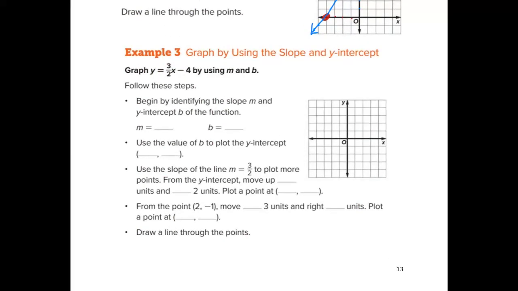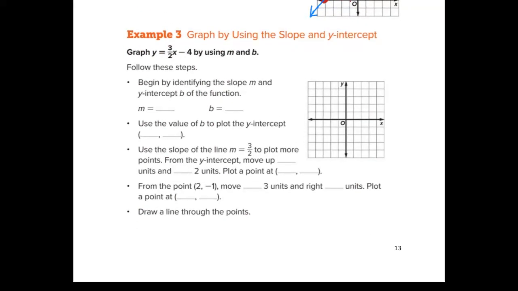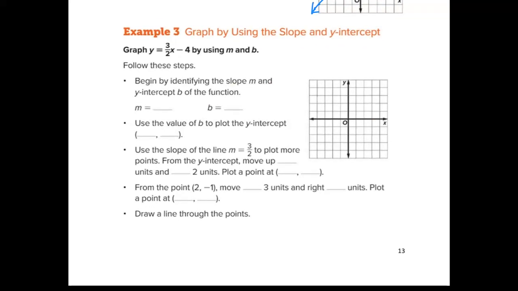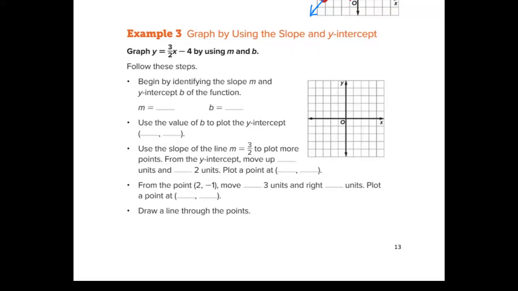Okay, let's go to the last one. This is the third method. So we've had graphing from a table, where you substitute the x in, get your y, plot the points. We had finding the x and y intercepts. So if it's x-intercept, y is 0, vice versa. Now we're looking at slope-intercept form. So this is slope-intercept form. Graph y equals 3/2 x minus 4 using m and b. Okay? Says begin by identifying the slope,